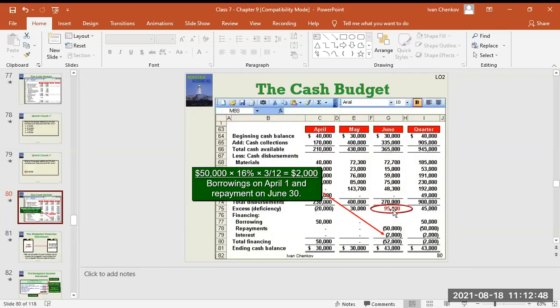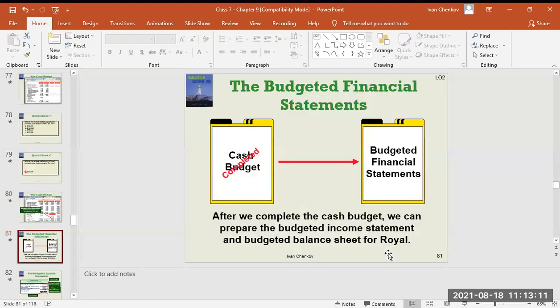So when I get $95,000, that gives me 65 over the minimum. I can repay the borrowings of 50,000 which I made at the beginning of April, pay the interest for 3 months on the $50,000 at 16% interest, and I'm still going to have $43,000. That's my cash budget. Now the next thing that's left is the